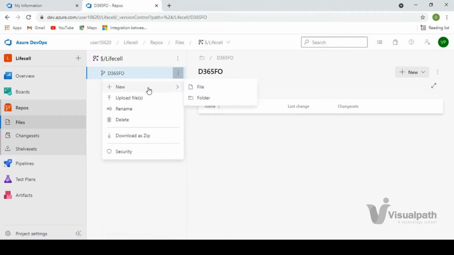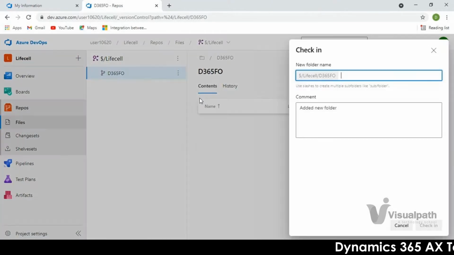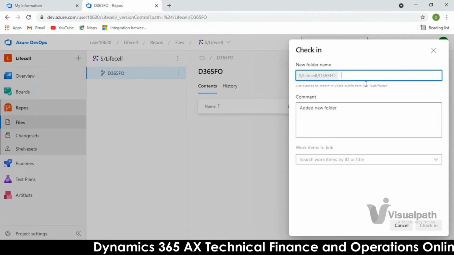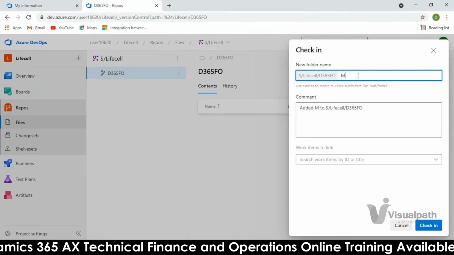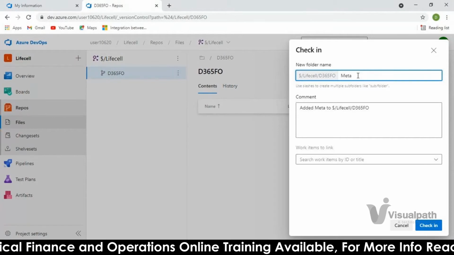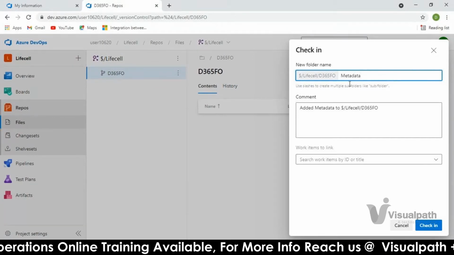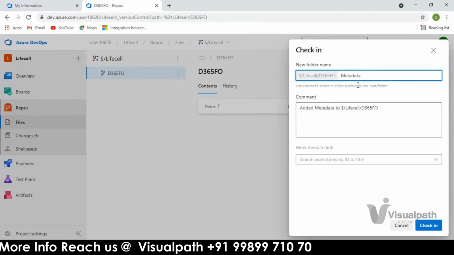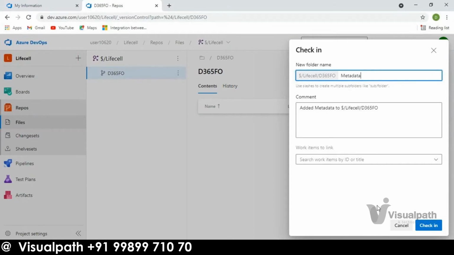Under that we need to create two folders. One is for metadata. In this metadata folder, we will map it to the package local directory. Under the AOS service, we have the package local directory, right? Under that package local directory, you will have all the models.